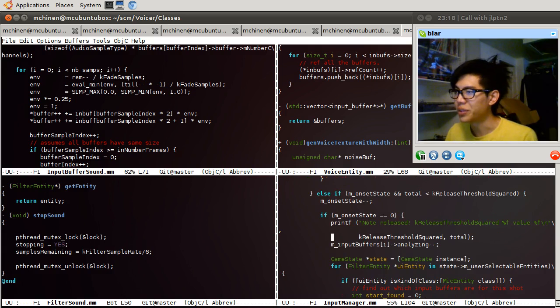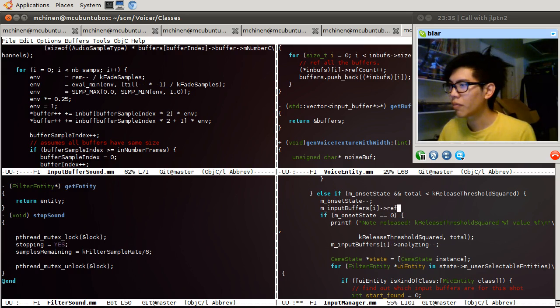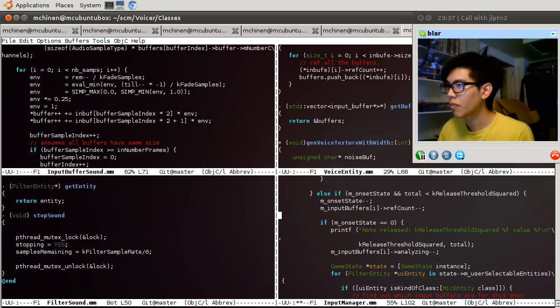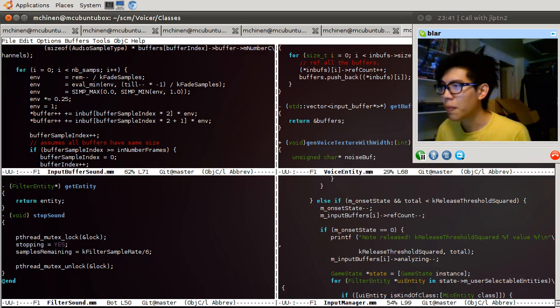And that's when you can do the input buffers ref count decrementation. This will only happen once per note, right?